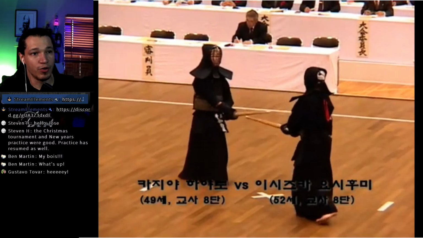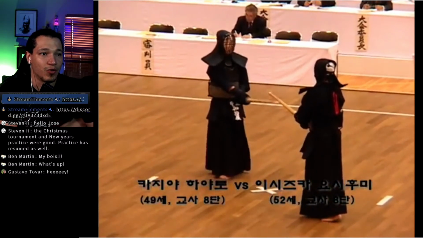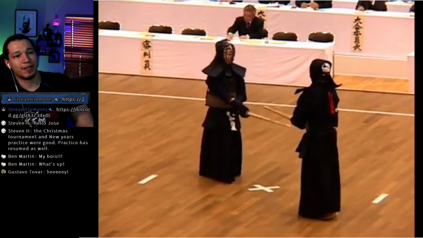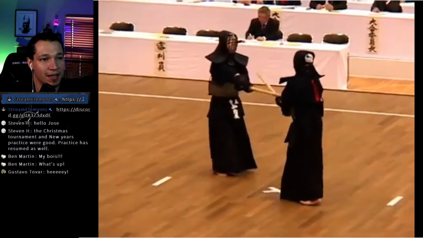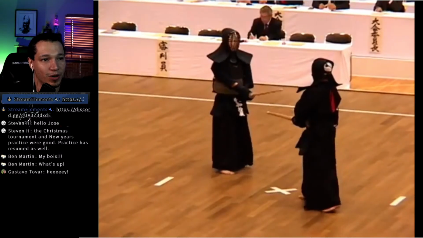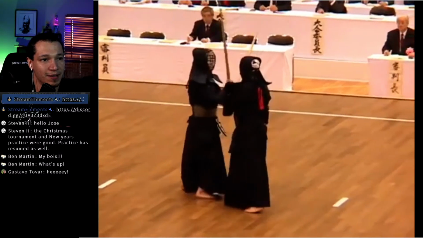So you see how they're using the sword to try to get the center, try to get on top of the opponent's shinai. They came into that distance where Shikamai